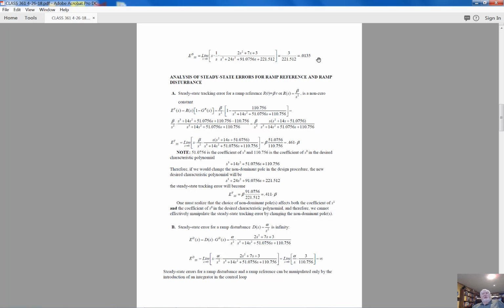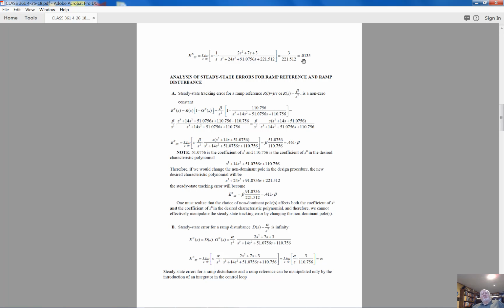But what do you have to do now? Now you have to go back to this marker again and choose a different non-dominant pole, probably greater than minus 20 by absolute value. And you will have to go through the entire design procedure again, and eventually you would satisfy the design spec. The easiest way to follow this procedure is when you have a MATLAB script written already, and